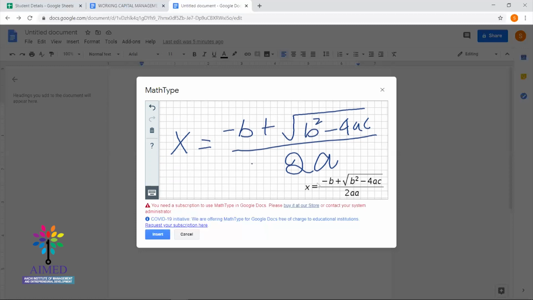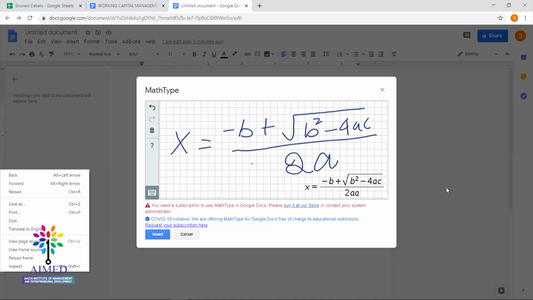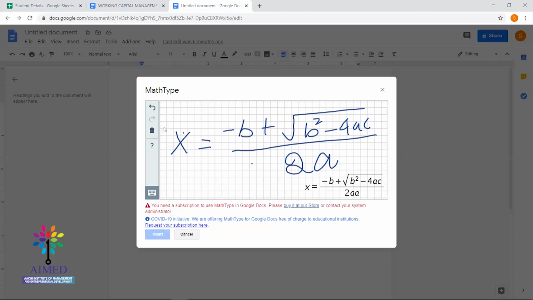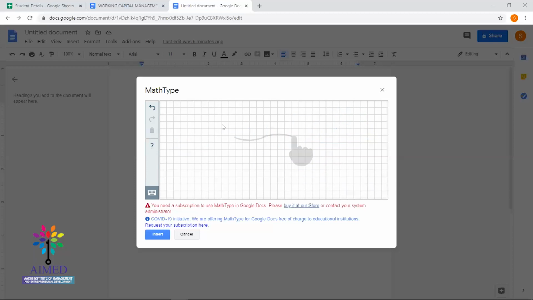So it will show you here whether what you have written was right or not. But it came out as 2 double a. So I'll just write again. To clear this, you can click on delete. It will go off.